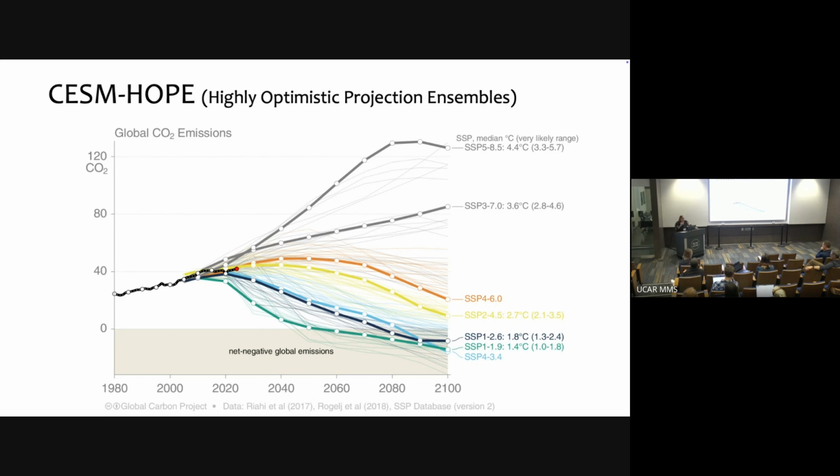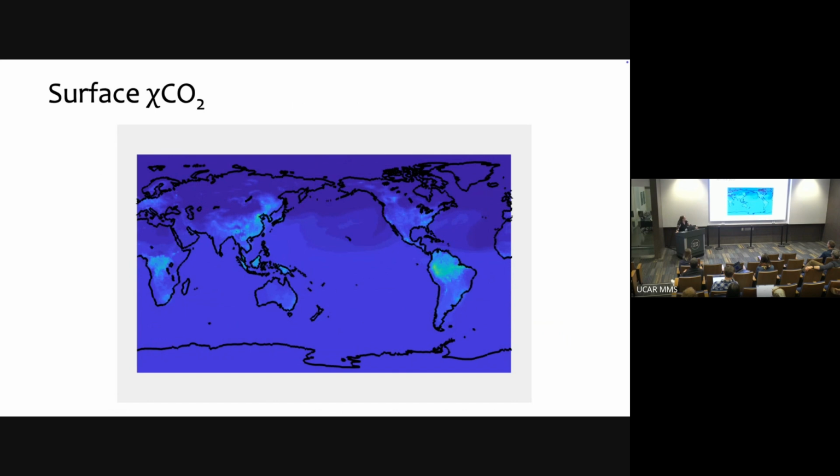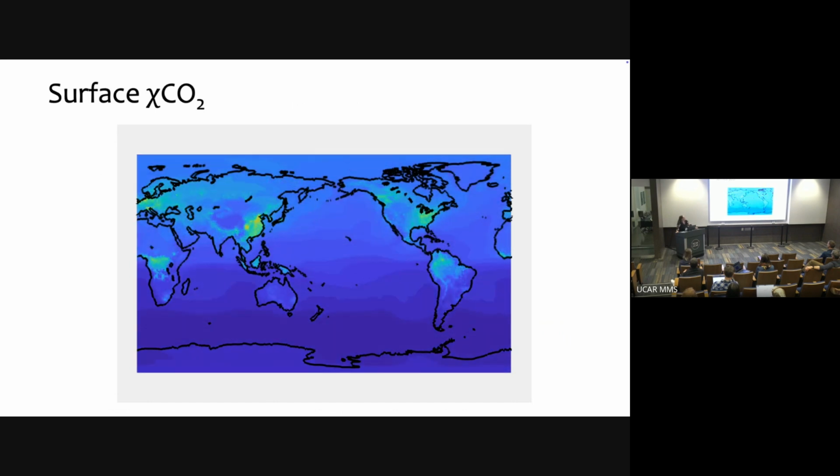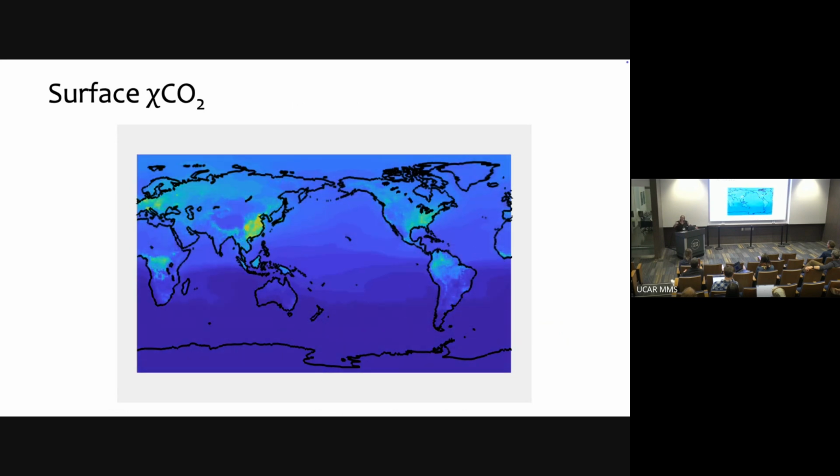So that's the idea. And because the atmospheric CO2 in CESM Hope simulations is not prescribed as it has been done in the past, it is emissions based, which is what was called for in the CMIP7 literature. We're actually predicting the atmospheric CO2 concentration as a result of the anthropogenic emissions of carbon, plus the interactions of the atmospheric carbon with the fluxes of carbon dioxide between the ocean and the atmosphere and the terrestrial biosphere and the atmosphere. So what I'm showing you here in this movie that I made, I know it's not perfect looking,